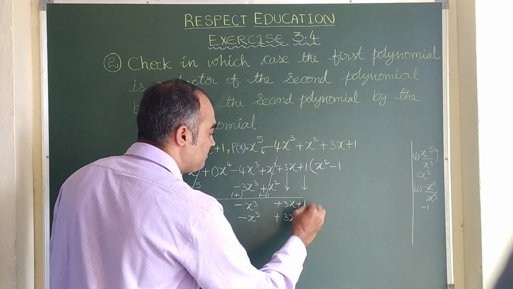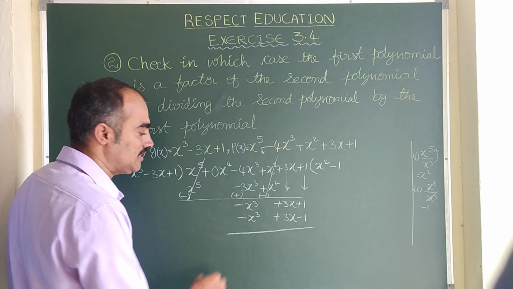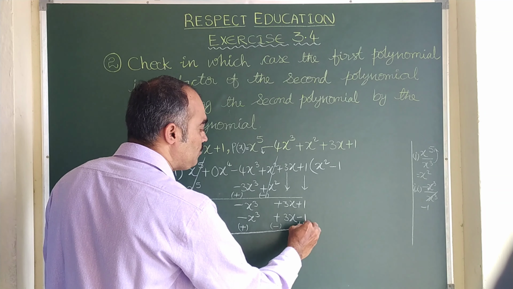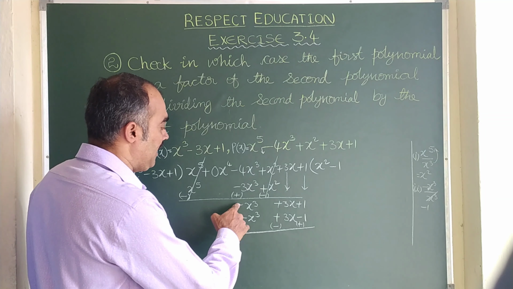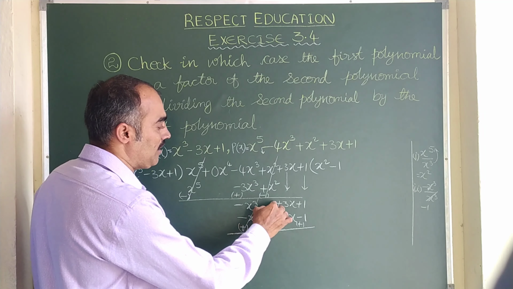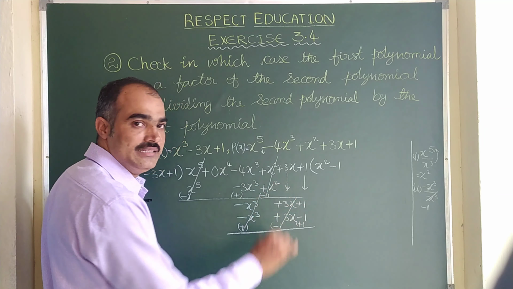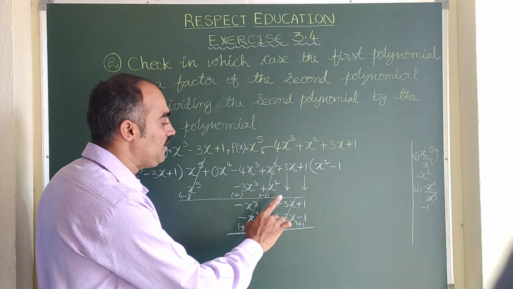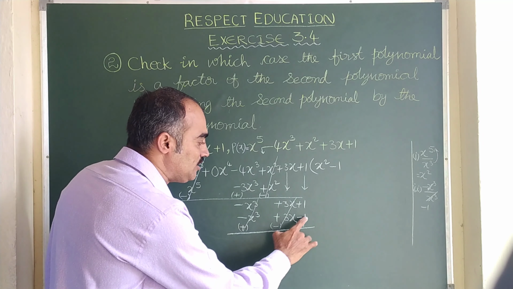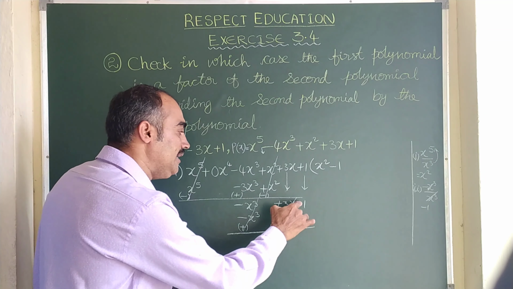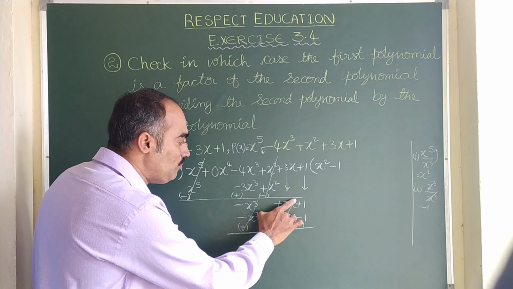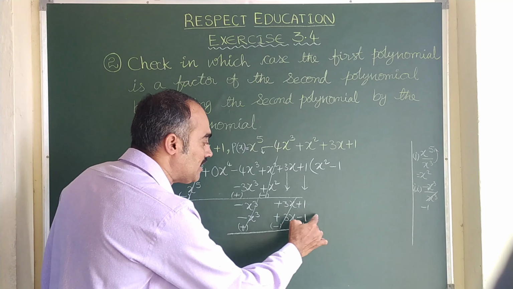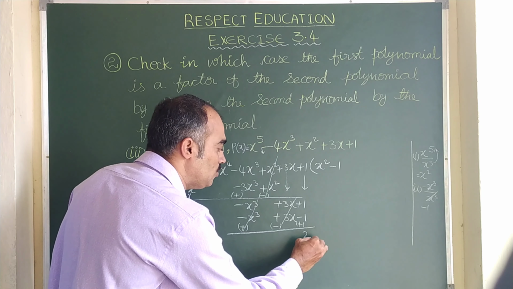1 into 1 is 1. Now let us change the symbols. Negative becomes positive, positive becomes negative, negative becomes positive. Minus x cube plus x cube get cancelled. Plus 3x minus 3x get cancelled. In hurry mode, you do not cancel 1 and 1 also, children. Keep your focus. This is plus 1, and already here is also plus 1. When both the symbols are same, we need to add them. So plus 1 and plus 1 is plus 2. So here I am writing 2.